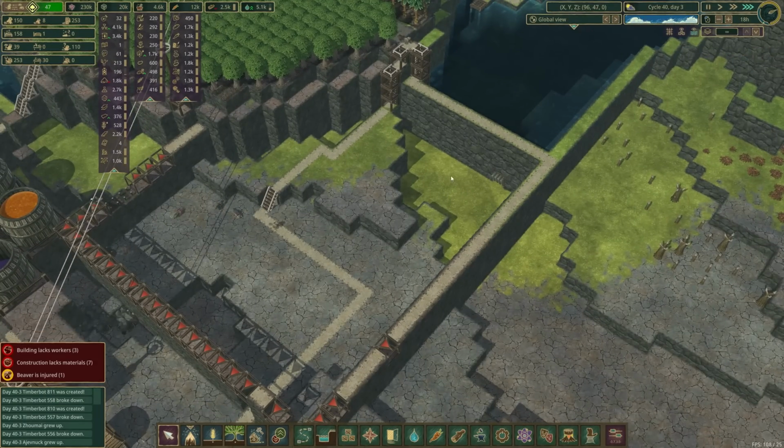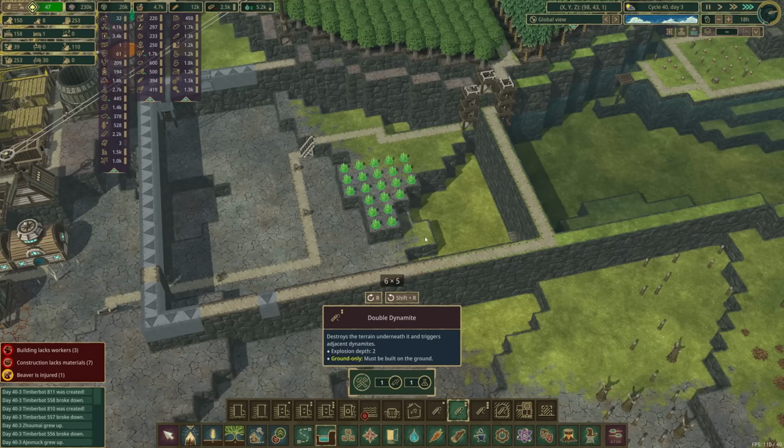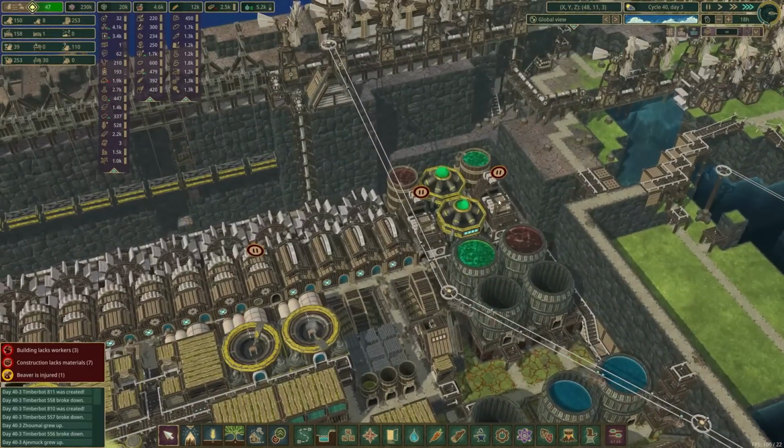So, taking a look here, this is already 0, so we can't blast that, but we can blast this. In fact, where's my dynamite? Do I still have that turned off? Oh, I do. Okay, well,